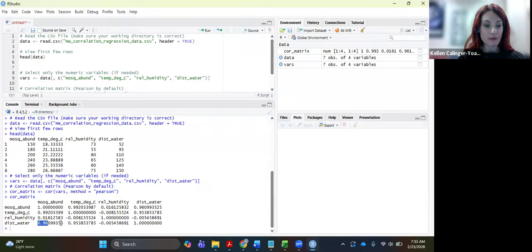And again, when I look at that relevant pair, moving down from the relevant column and over from the relevant row, I can see I've got a really strong positive relationship between mosquito abundance and the distance to water. In this case, a correlation coefficient of positive 0.961 if you round up. Okay, so at this point, I've got a pretty good feel for what's likely going to be significant versus insignificant in those relationships. But before we move forward, what I want us to do is take a look at